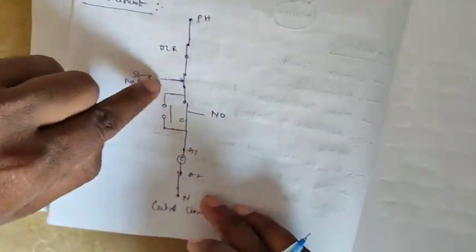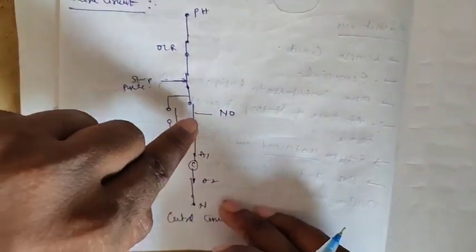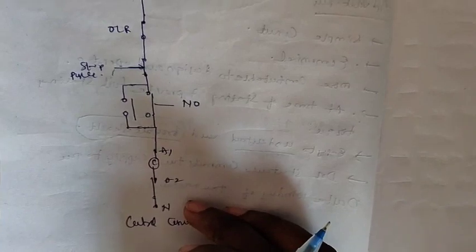So the A1 consists of a normally closed and a normally open contact. Generally, one is normally open. When you press the start push button, it is normally closed. In case of any overload, the button comes back. So this is the coil about the control circuit.